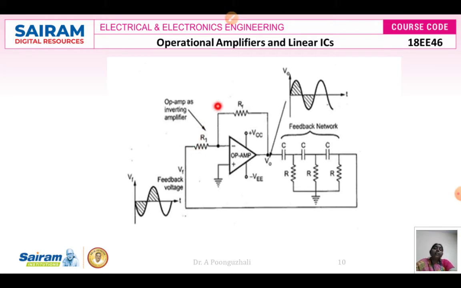So this operational amplifier will produce a 180 degree phase shift. This feedback path will produce another 180. So the total phase shift is going to be 360 degrees. And now we can see that this is going to be the feedback voltage. If I have a sine waveform like this, my feedback voltage is going to be 180 degree phase shifted, which means just the reverse of it. This is your feedback voltage. This is going to be fed back as input.